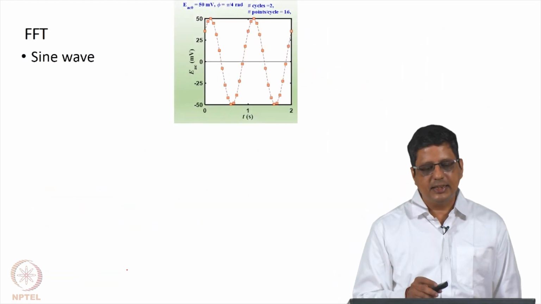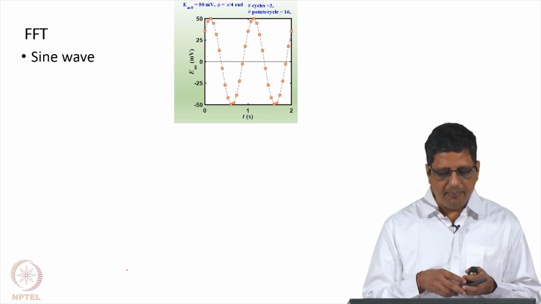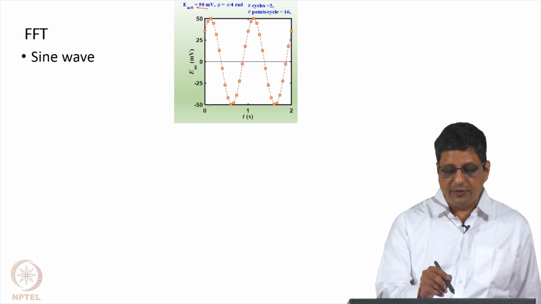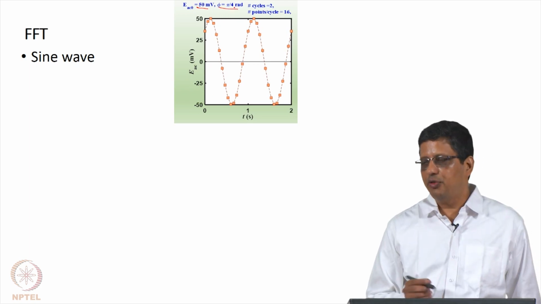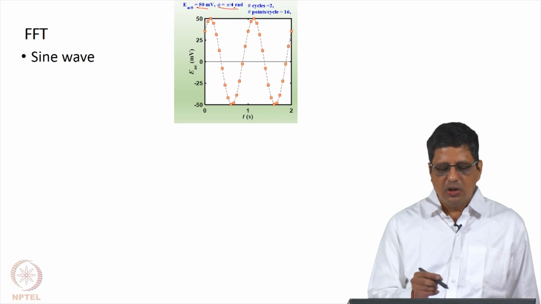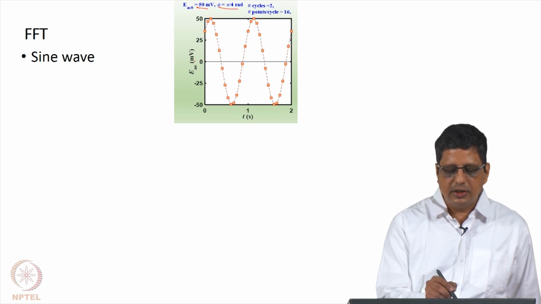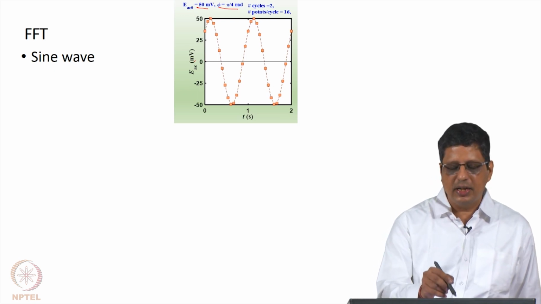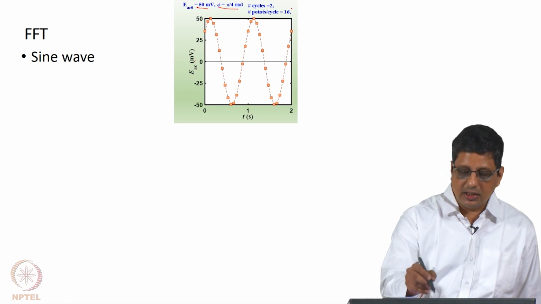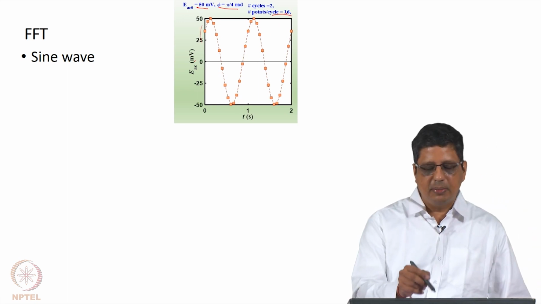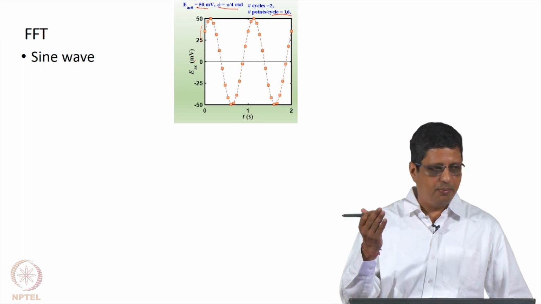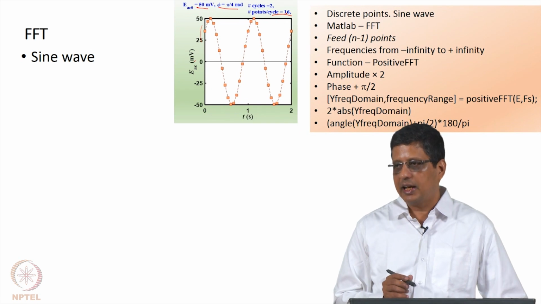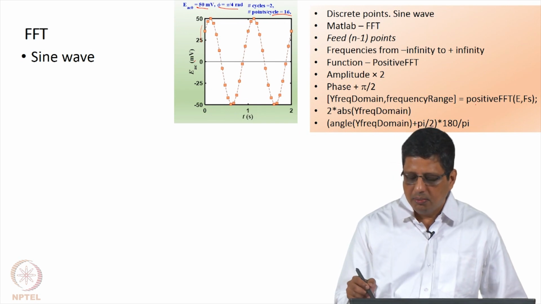Here I have constructed a sine wave, this is done in MATLAB. 50 millivolts is the amplitude, so you can see it goes from plus to minus 50, and I have given a phase of pi by 4 radians, 45 degrees. So, instead of starting at 0 time, 0 will actually occur here; at 0 time it has a phase, and corresponding to 45 degrees you are actually getting 90 degrees and so on. I have constructed 2 cycles and given 16 points per cycle. You will get a finite number of points per cycle in actual data acquisition, and we use a function called FFT in MATLAB, but it is wrapped in another function called positive FFT.